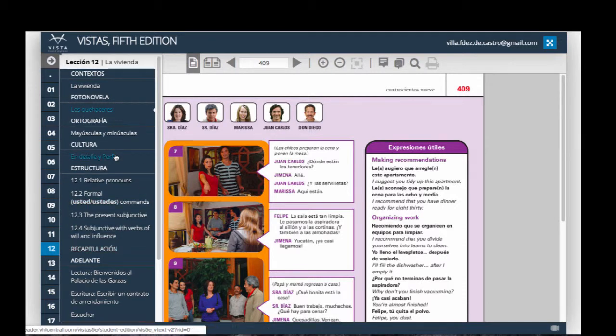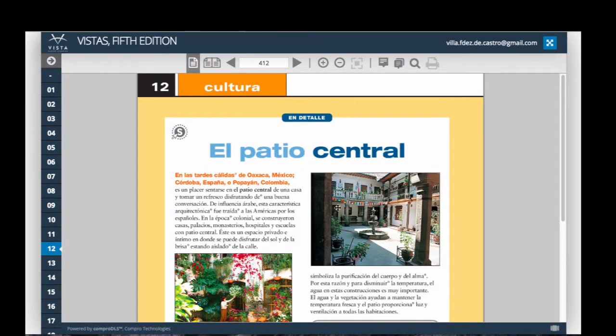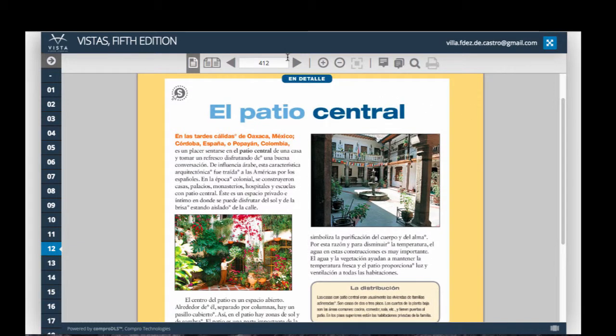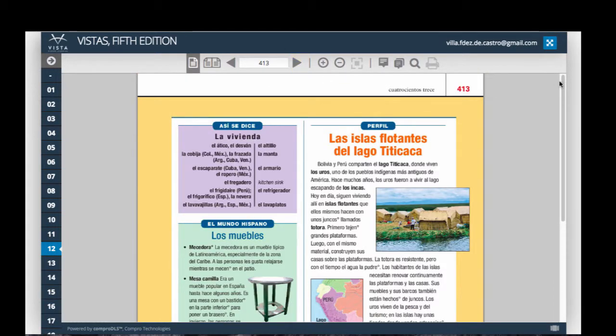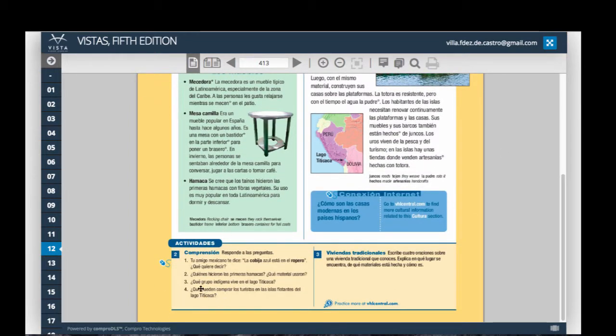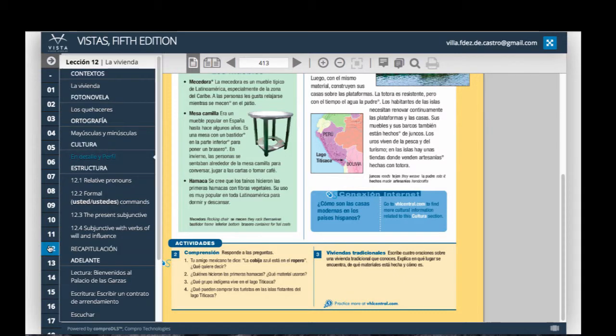Then in Cultura, we have, oh, I love this one. This is a text about architecture, or urban architecture, and you also have the little subtests in here and some little questions here. For example, tu amigo mexicano te dice, la cobija azul está en el ropero. ¿Qué quiere decir? So, la cobija azul está en el ropero means the blue blanket is in the closet, but it's a very specific way to say it that Mexican people use.